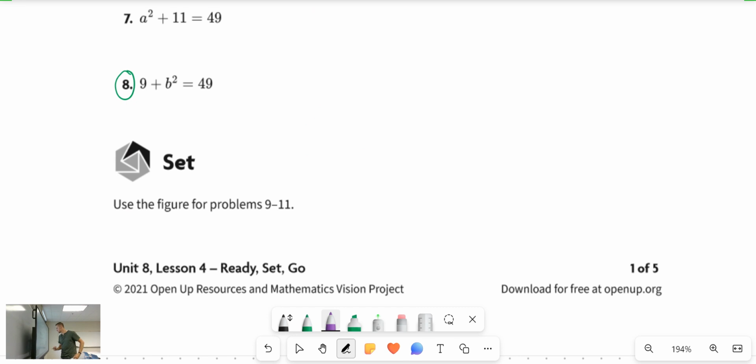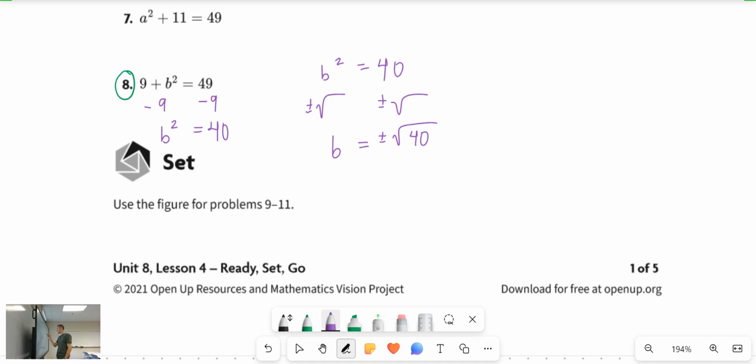All right, 8. 9 plus B squared equals 49. Let's subtract the 9 from both sides. B squared equals 40. B squared equals 40. Plus or minus square root on both sides. B equals plus or minus square root of 40,